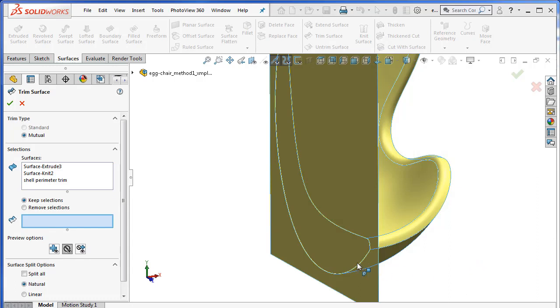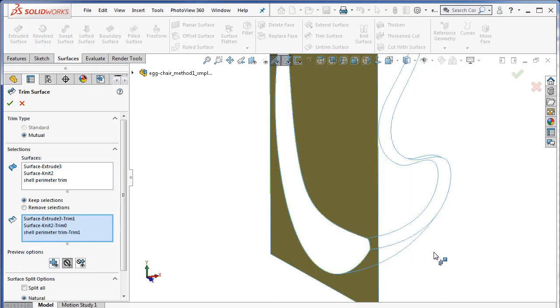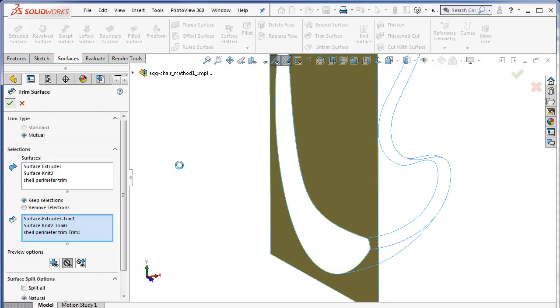So now selecting the surfaces that I want to keep, I'll grab this L-shaped portion on this surface here, which is not quite on the right plane, this upper surface, this lower surface, and you notice they all disappear because I have this option selected where the surfaces I selected are hidden. So I finish this. Oh wait, before I do that, I want to go down, and we notice that Create Solid is an available option now. If this was not a good mutual trim, this would probably be grayed out. So I'm going to check that, select the green check mark,